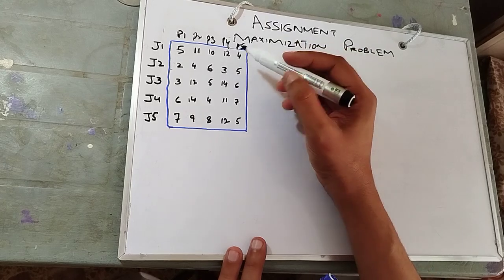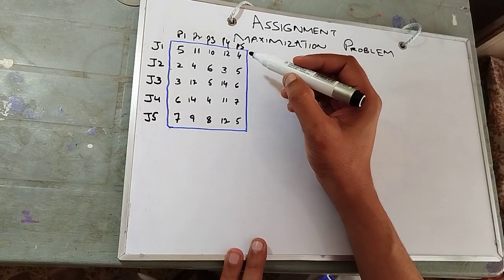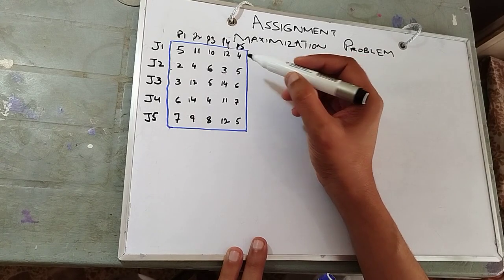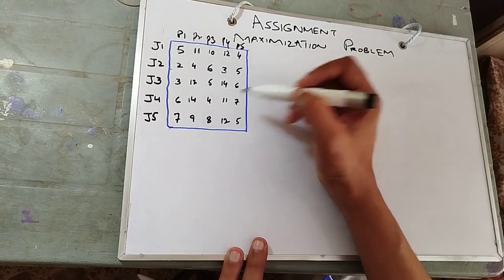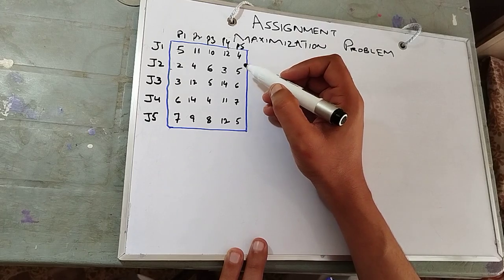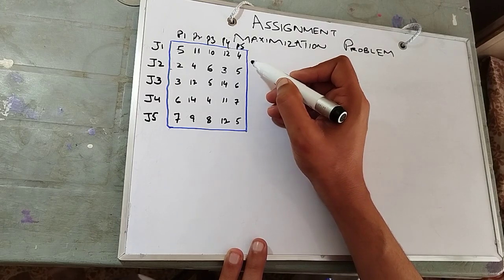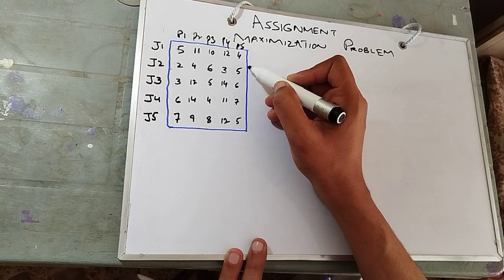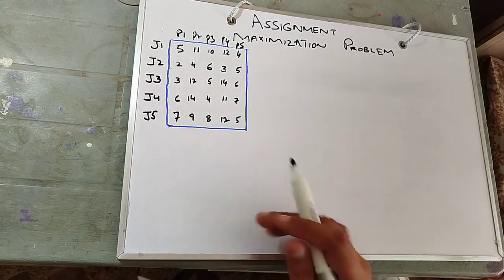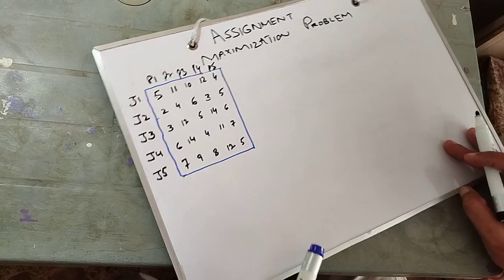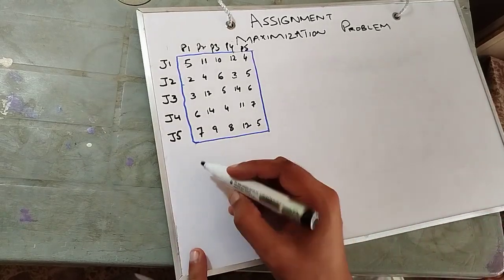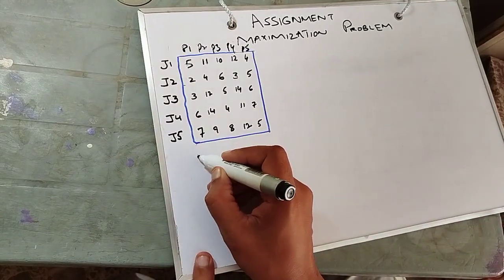What would we do? We have to find the maximum value out of this whole matrix. So the maximum value is 14. So we have to subtract every single element from 14. So the matrix would be